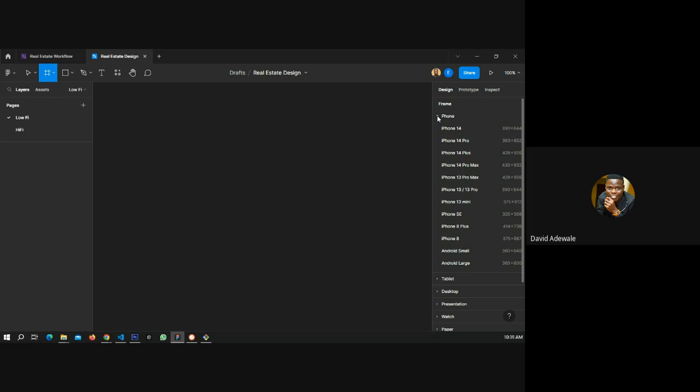But as far as I'm concerned, with my vast experience in designing and developing, I think the best one you can use is iPhone, one with a minimal or medium width size, so that it will be very easy for the developer to calculate the screen size.